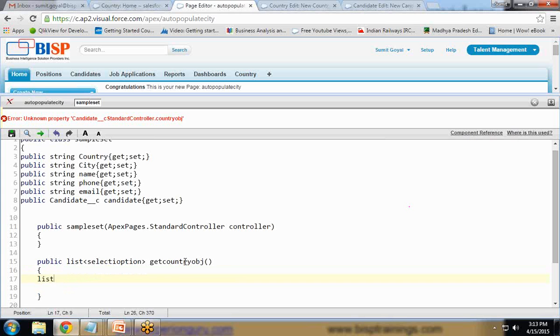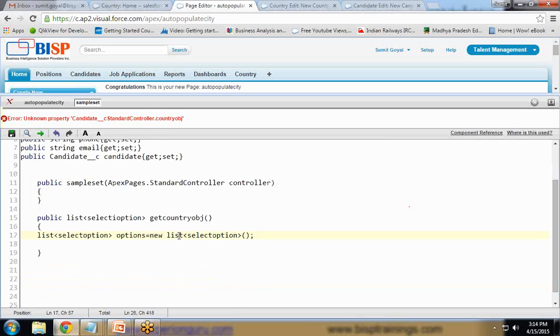So what type of value will it return? It will return select option. Options is equal to new list select option, and if I simply write return options and save it,